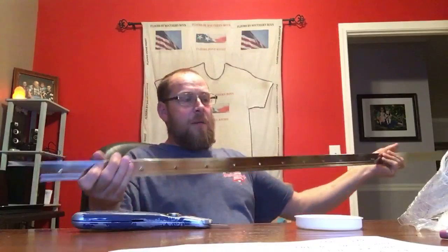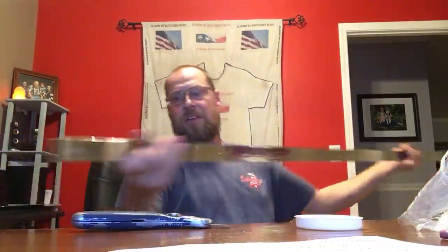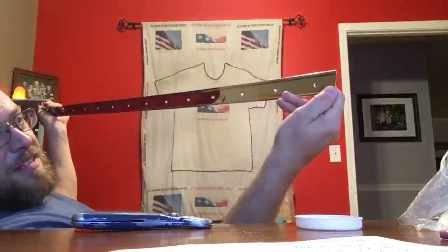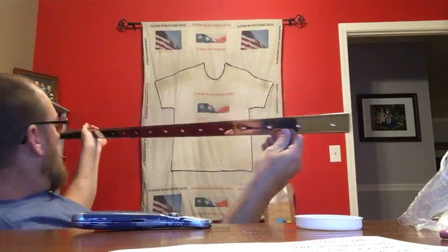Well, this will wrap right around the step. See how this bends real good? Look at this, really shiny. I mean, this is a really pretty piece of trim. This actually sets on,